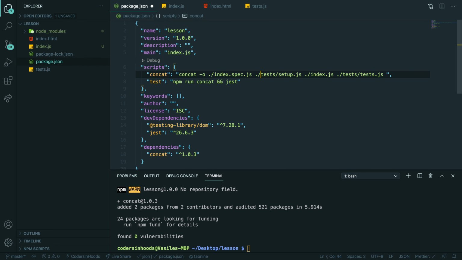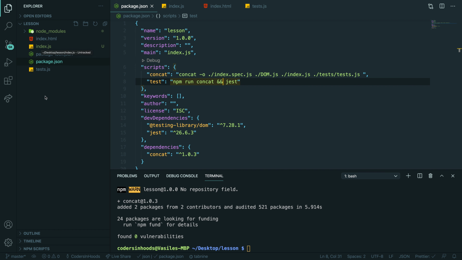Then we want to add potentially DOM.js because we want to mock the DOM. And we want to have index.js, our JavaScript, and then we have our tests.js. So we're concatenating 3 files into one file. This is how that will work.